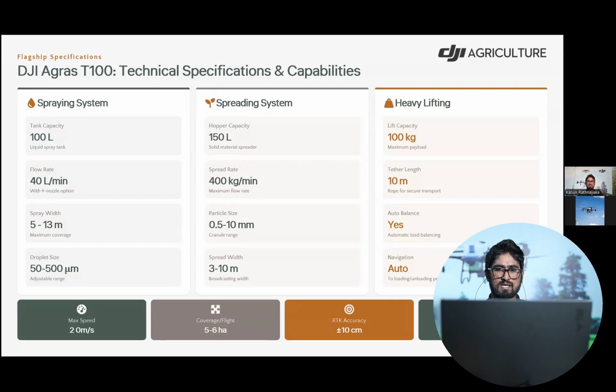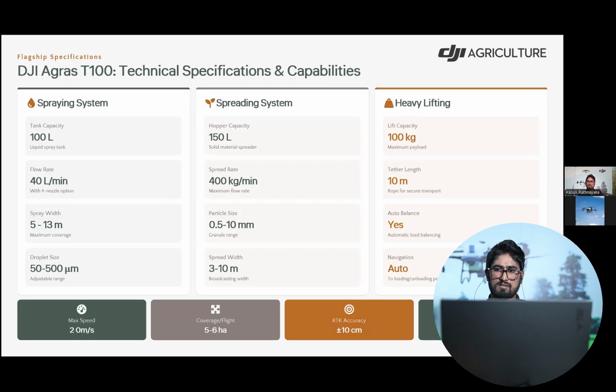The spreading system has a hopper capacity of 150 liters, with a maximum uplift of 100 kilograms and a spread rate of 400 kilograms per minute. It can adjust the granule range from 0.5 to 10 millimeters, and has a spread width between 3 to 10 meters.